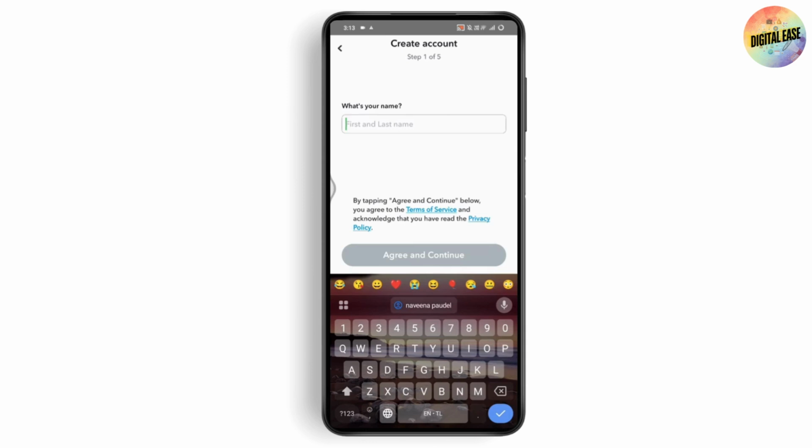And from sign up, now you need to enter your first and last name and your birthday. You can pick a username and then set a password, and you can add your mobile number or email and create an account. But if you don't have your phone number or email to create new accounts, then you can